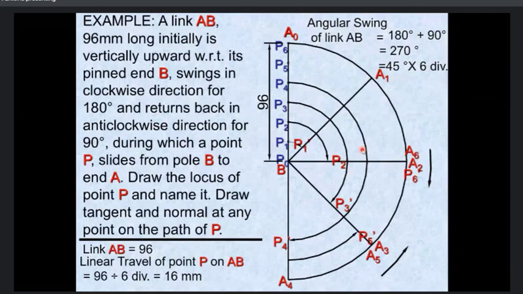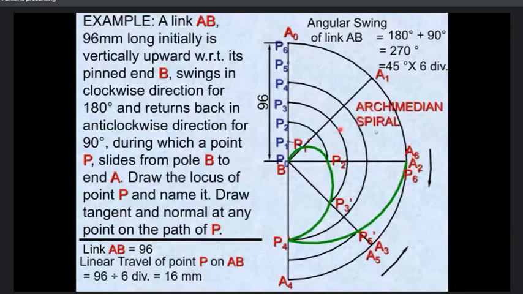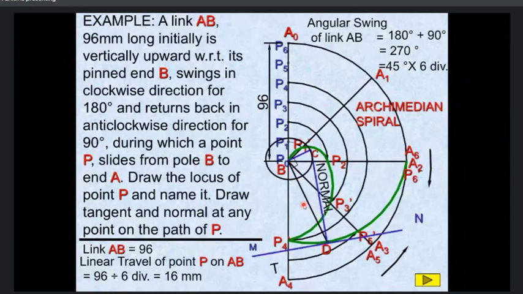Everyone? Yes, sir. And now the final step, when you are going to connect, you need to connect in the sequence, that is P1, P2, P3, P4, and then P5 and P6. So let us connect it. You see, this ends the Archimedes spiral. You may plot a normal and tangent to it. The process remains the same. First finding the constant of the curve, and let us do that.